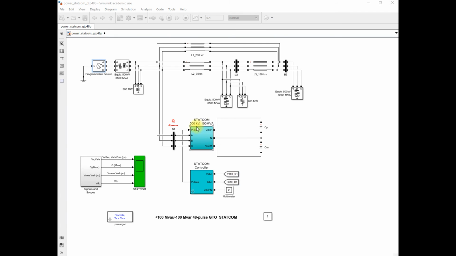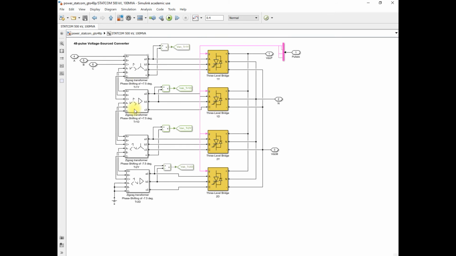Now you can see that this is a STATCOM, and this is the STATCOM pulse generator or STATCOM controller, which generates the gate pulses for the STATCOM block. You can see that here this is a 48 pulse voltage source converter, and this is a 3-level bridge type diode clamped converter, connected through the zigzag transformer with the phase shifting. And you can see that 7.5 degree phase shift is provided because it has a 48 pulse voltage source converter. So we require the 4 3-level